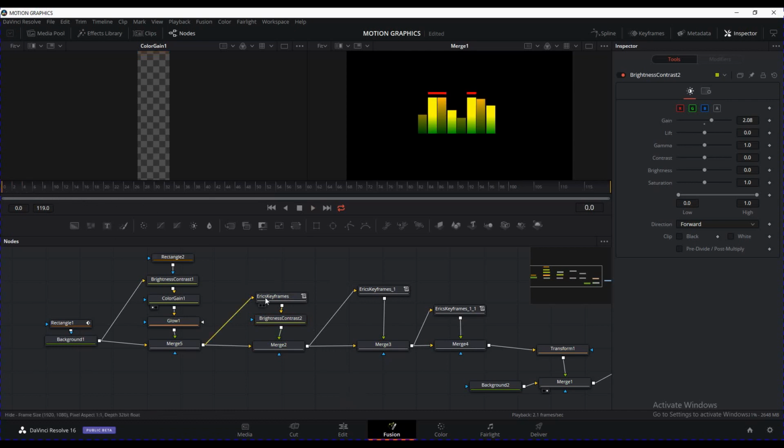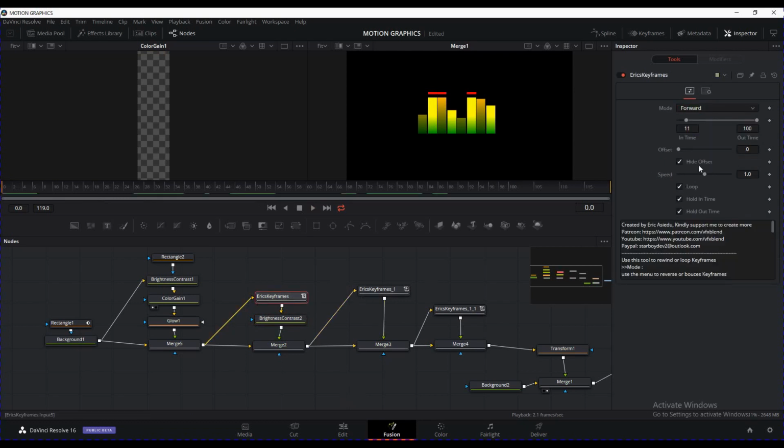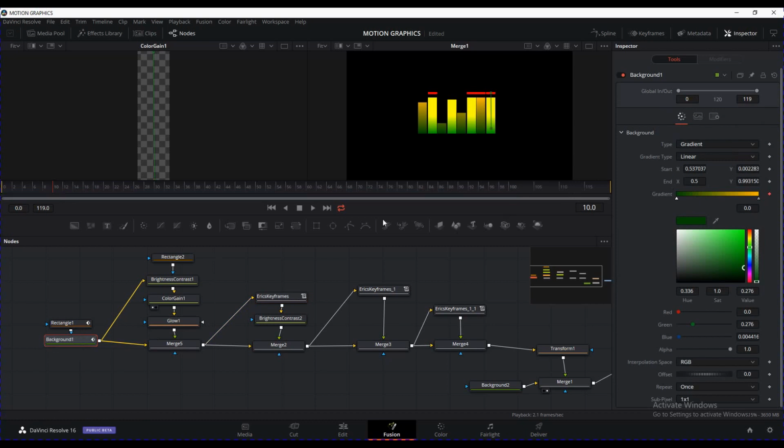Then what we can do is look at this first keyframe and see it starts from 11. So I can say that at frame 11, because this one starts from 11, we want to change the color. So we can go to frame 11, or about 10. We can set a keyframe on frame 10 on the color, and move on to frame 11, and then we can change some of these colors. Let's say this one's going to be a blue, and that one's going to be this color right here. And you can see that it's changing them every